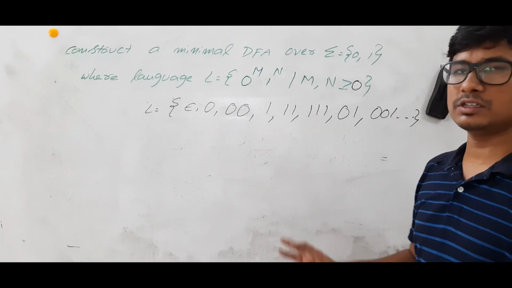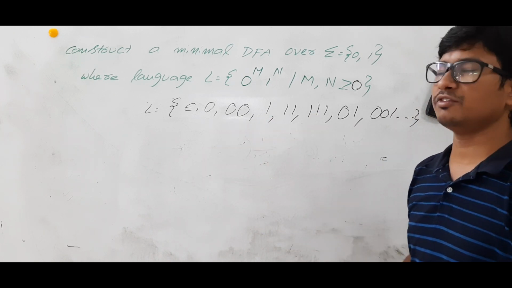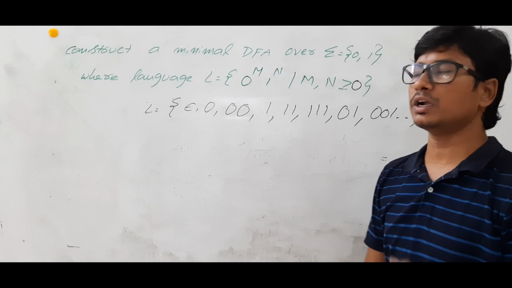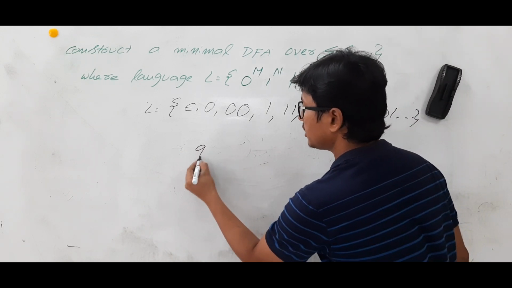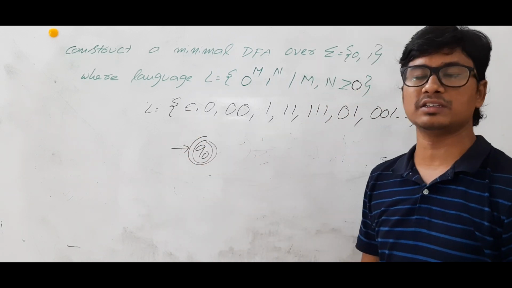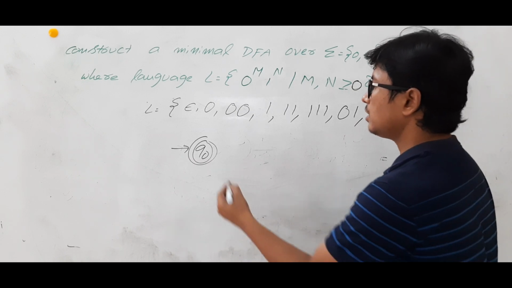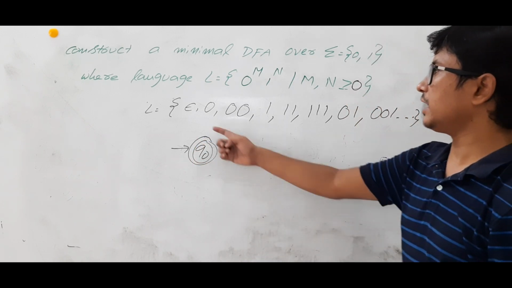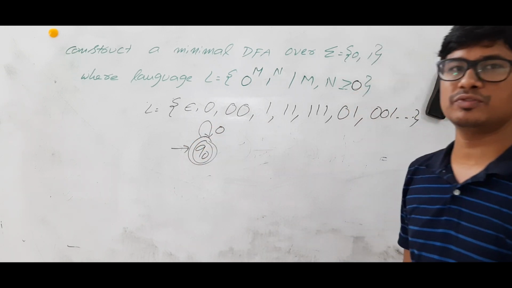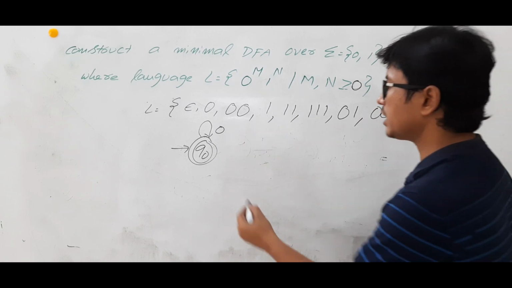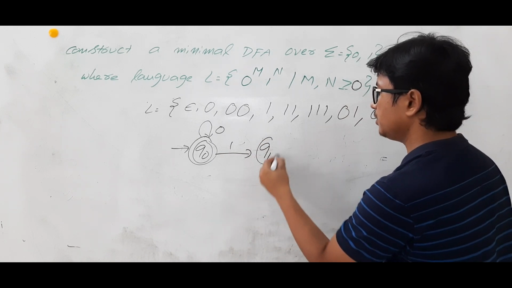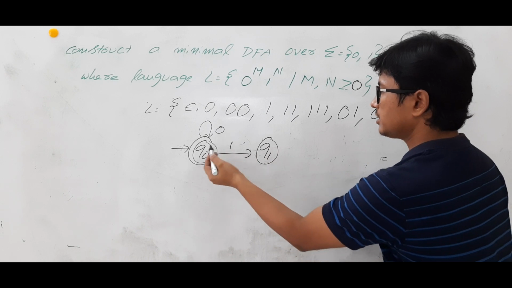Now what about this language? This language is an infinite language. Once it is an infinite language, there may or may not be a DFA. So if there is, what is that? We will check it. I will take the smallest string as epsilon. If epsilon is there, your initial state should act as a final state. Now what about the zeros? You can get any number of zeros at the starting. You should accept it. So any number of zeros, you should accept. Once you reach a 1, then after that you should still accept it.